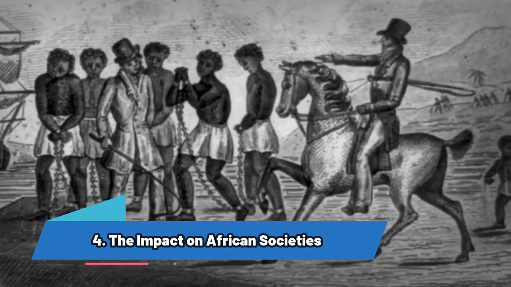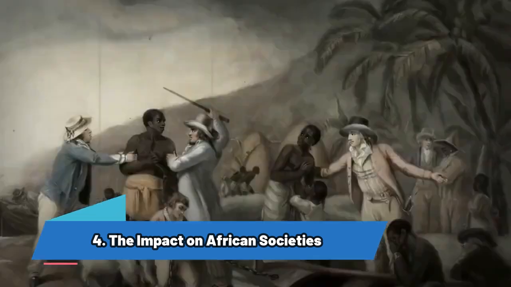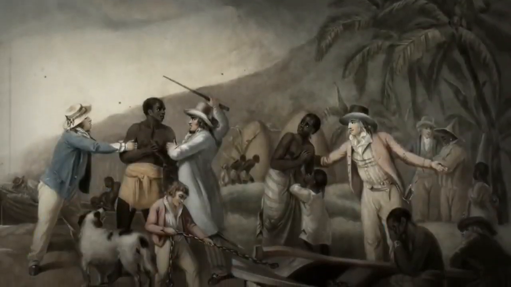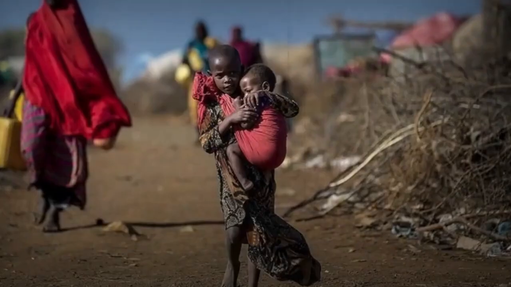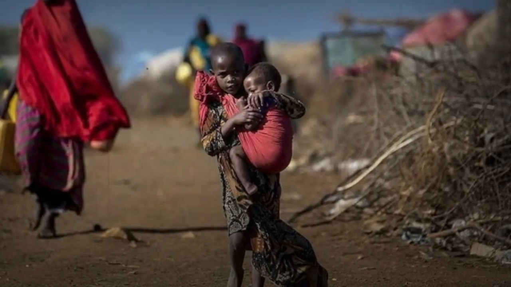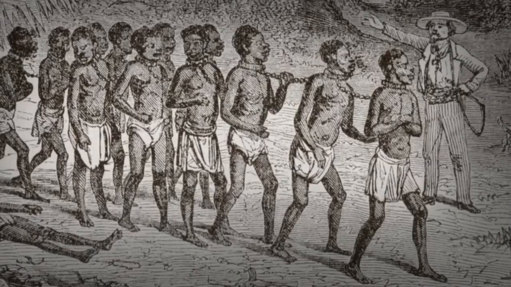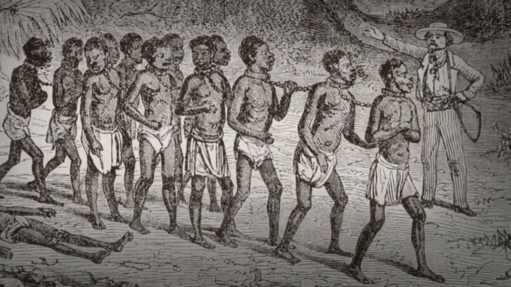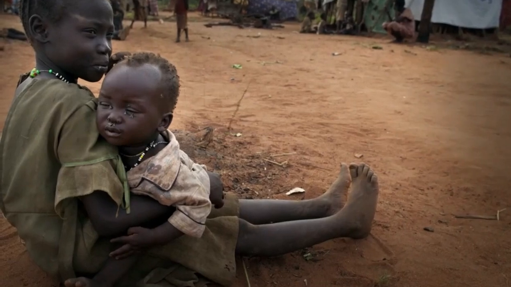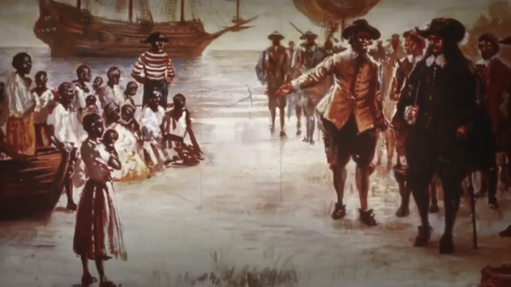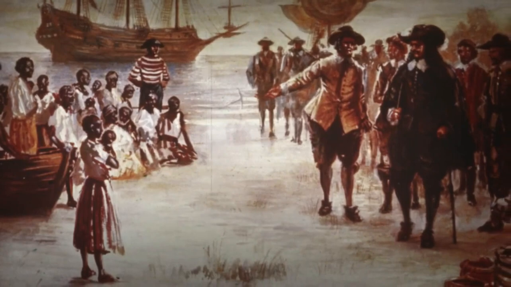4. The impact on African societies. The consequences of the slave trade on African societies were devastating and far-reaching. The loss of millions of people, particularly young men and women, led to significant demographic changes, weakening many communities and disrupting social structures. The constant threat of slave raids instilled fear and instability, hampering economic development and fostering an environment